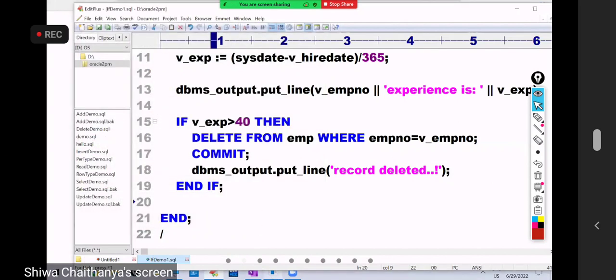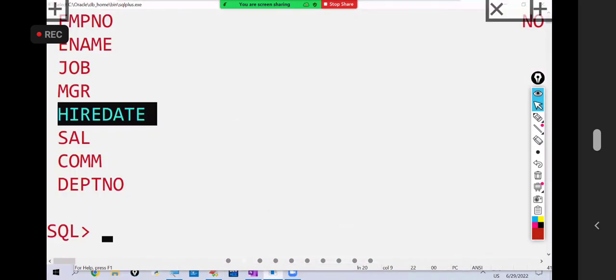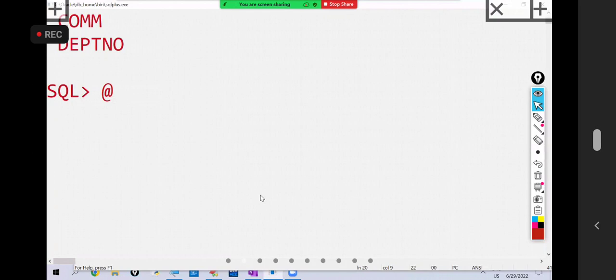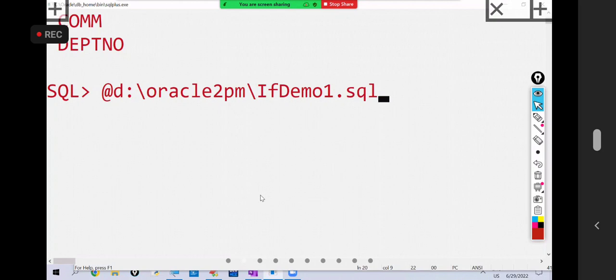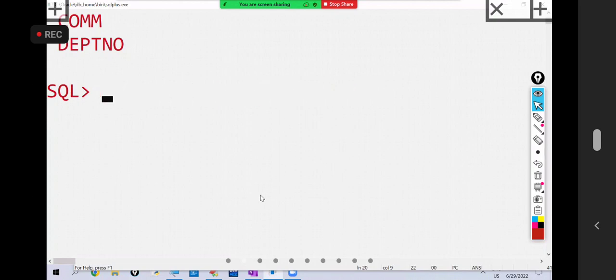I want to compile this program, so what we write here is @d:/oracle2pm/ and the file name is if_demo1.sql. Observe here, before compiling and running this program,